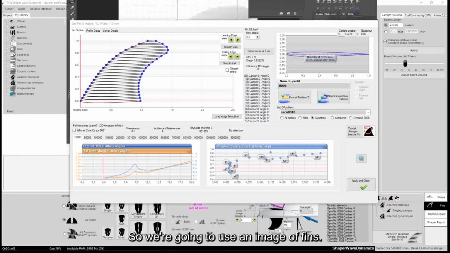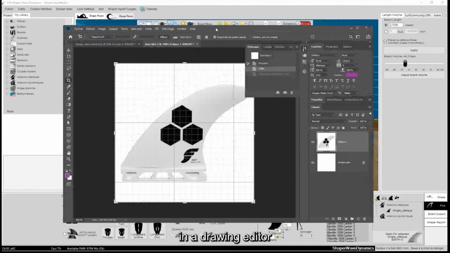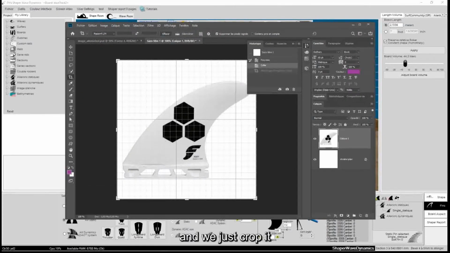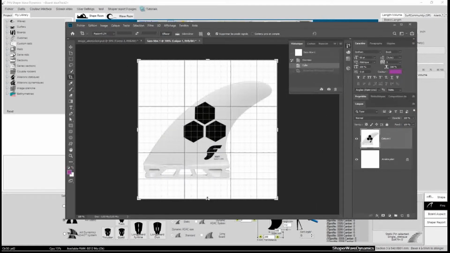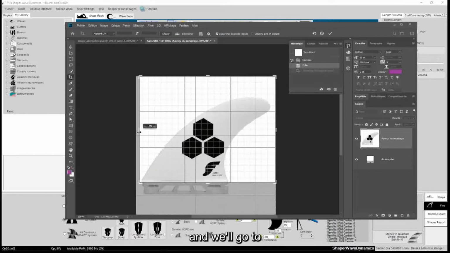So we're going to use an image of fins in a drawing editor, and we just crop it so we get the working surface of the fin we're interested in. The working surface, we don't count the box, and we'll go to the leading edge here.